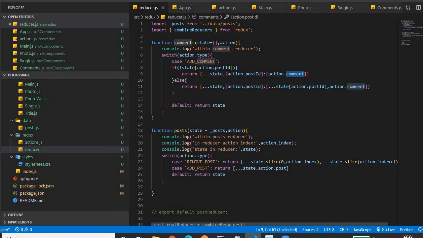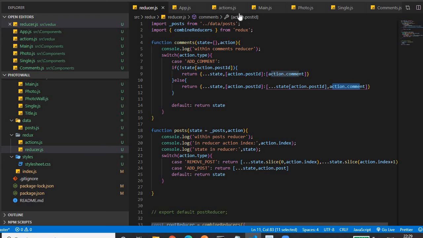Let's suppose it is not undefined, and we have some comments for this post ID. Then again we destructure the state, then action.postId, accessing that property in the object, colon, and it gives the array of comments. We destructure that array also, then pass the new element, the new comment for that array, action.comment.